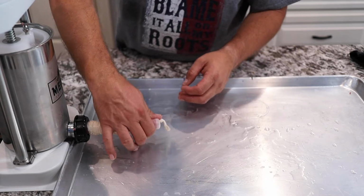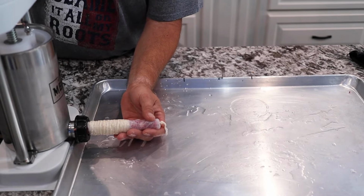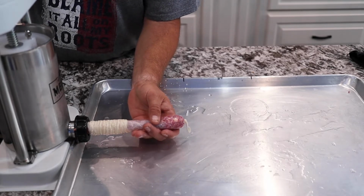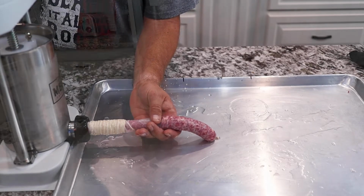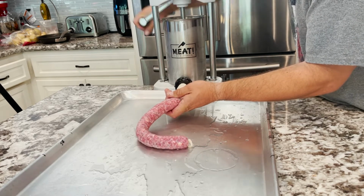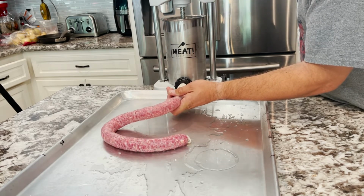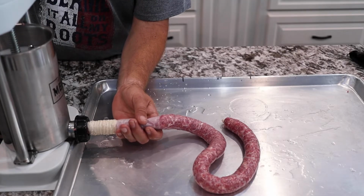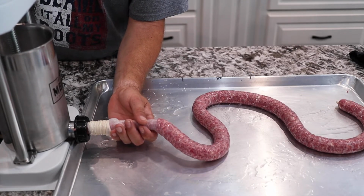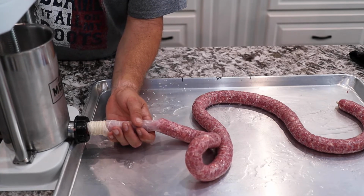So have that back. All you're gonna want to do is keep your thumb here to keep pressure, and then just do a continual turn. And you don't want to go too full, but yet you don't want it to be too loose either. So just be very consistent when that comes out with your pressure and the turning of your sausage stuffer handle, or how you're feeding it through your grinder. You just want a little bit of pressure on that thumb to ensure that it comes out at the pace you're looking